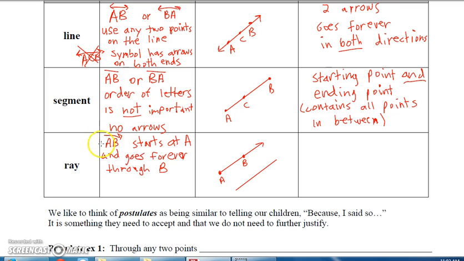So look at this notation here. When I write ray AB with the symbol like this, do you see how the A is closer to the endpoint here on the symbol and the B is by the arrow? So I start at A and go through B. It doesn't matter what direction the ray is actually facing here on the paper. This ray here is ray AB because it starts at A and goes forever through B, and then there's the arrow. Okay? So if it looked like this,